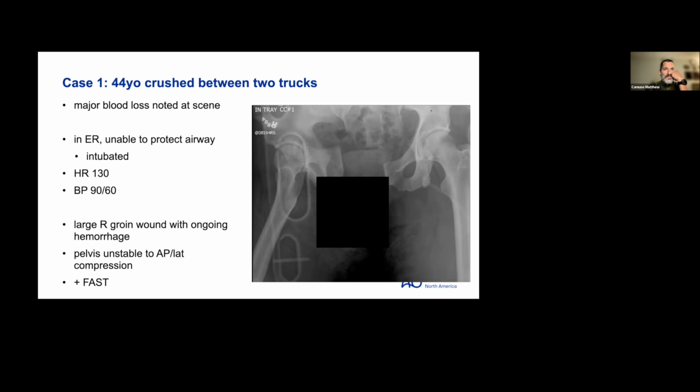So a lot going on. You can imagine there's a frantic emergency room here right now. What is the next move? Do they take them to the CT scan? Do they go to the operating room? What can we do here at this time, Ray, to help out the team?